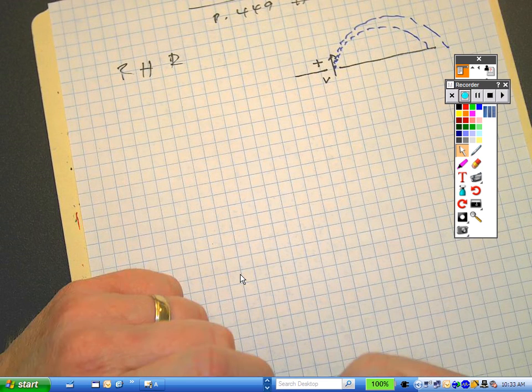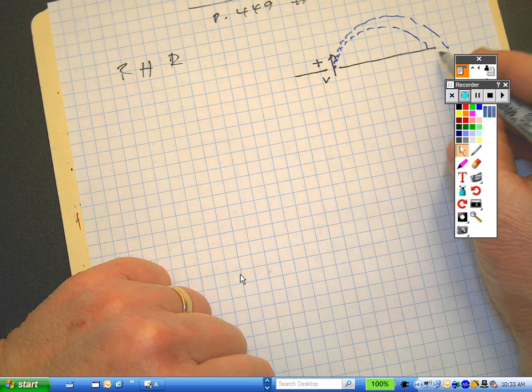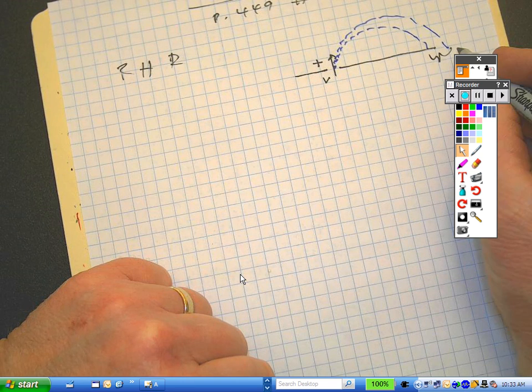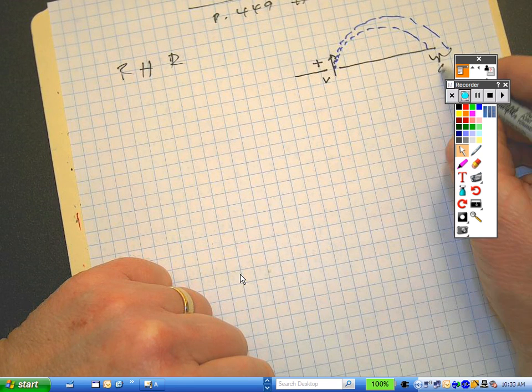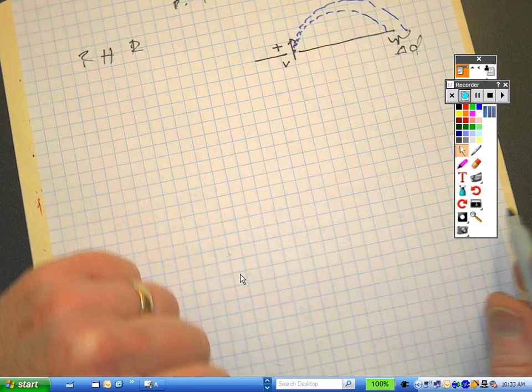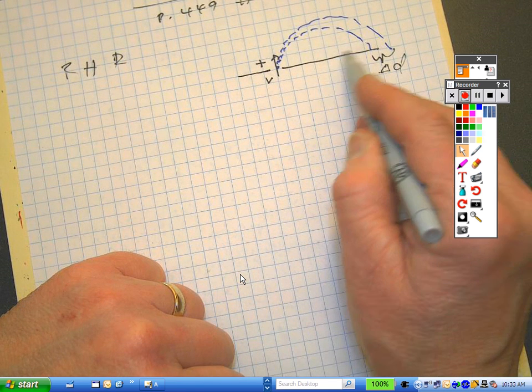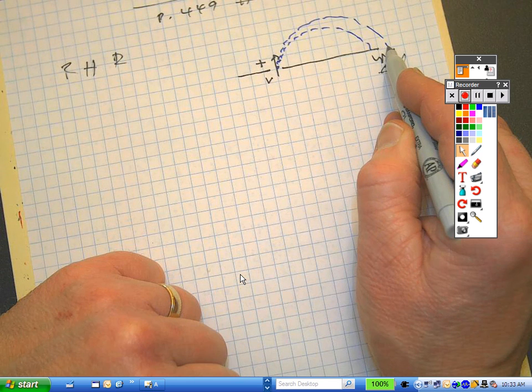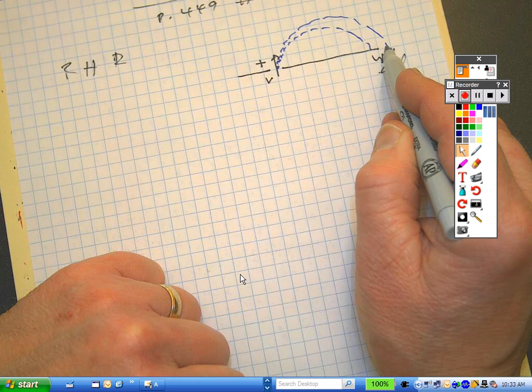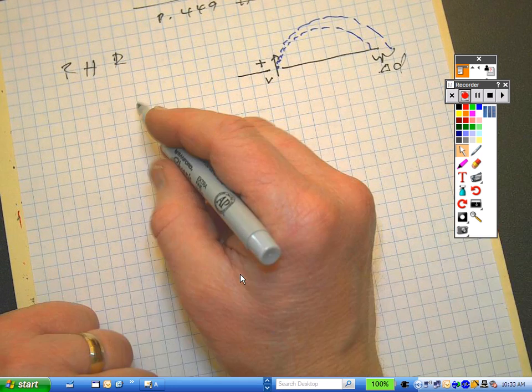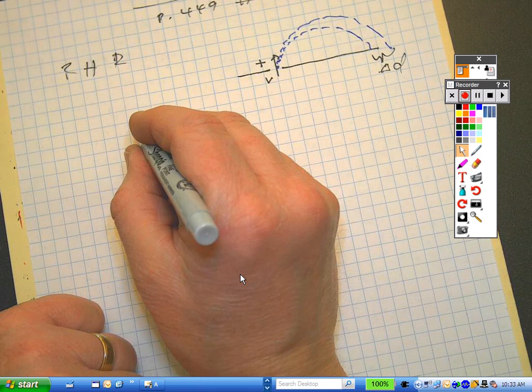We want to look at the linear separation. So we're trying to find out this distance here. Well, let's call that delta D. So if D is the diameter of this, and D here is a bigger diameter, we're looking at the difference between these diameters. So the only hint that I'll leave you with to finish is that, of course, we're using